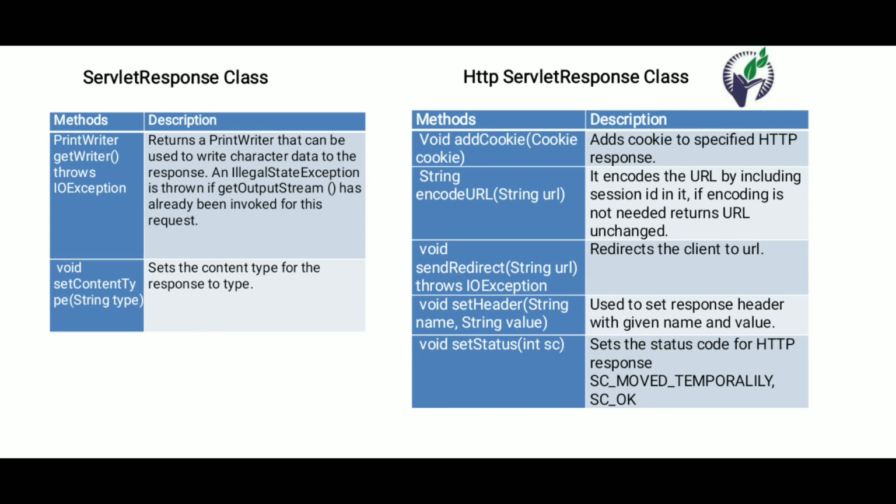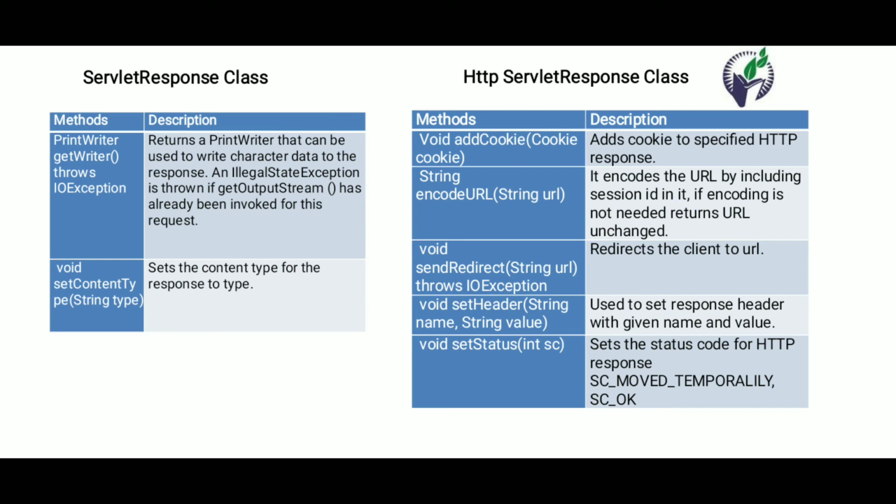So this is the basic method you need to display the response of the servlet. Then the second method is the setContentType method. setContentType defines which type of data is defined as a response. So using this method you can set the response type. Now the HTTP servlet response class also contains a number of methods: the add cookie method, encode URL method, send redirect method, set header method, set status method. So basically these are connected with the response. The overall information regarding the response of the servlet is handled by these different methods. These are the basic methods.